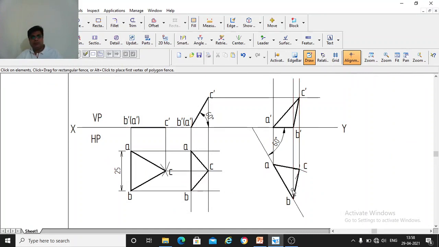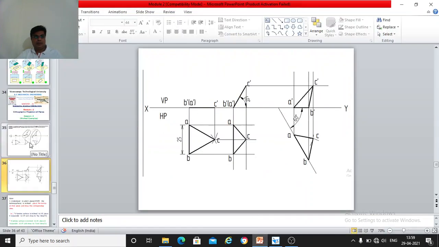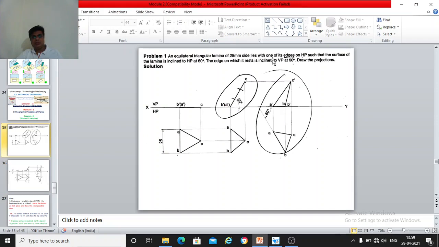So this is how you have to solve this problem. That is, you have to draw the front view and top view of the lamina, which is situated at different conditions. So all these conditions are satisfied now. So to satisfy these conditions, we should draw these three stages. But remember, here we are not drawing any side view. We are drawing only the front view and top view. Okay. But these are different stages.